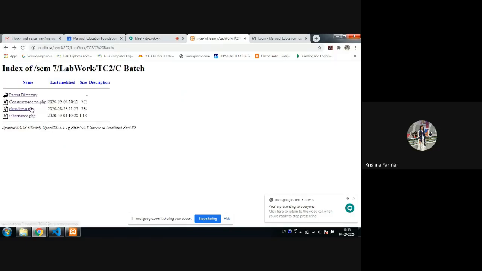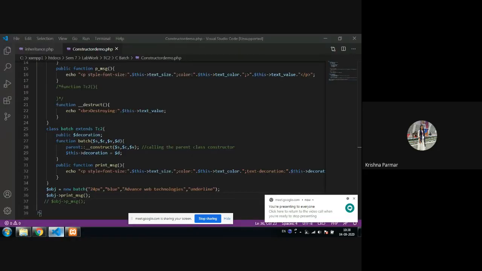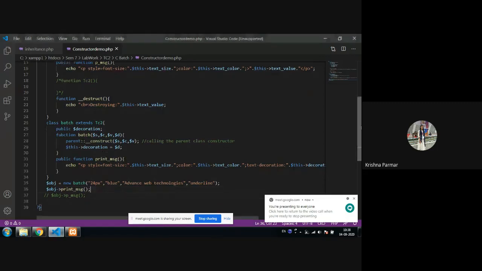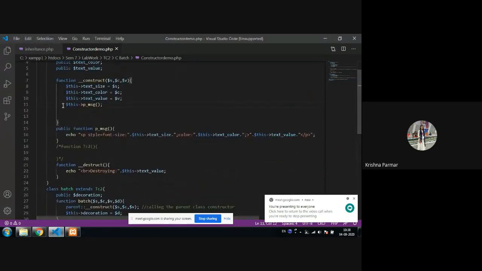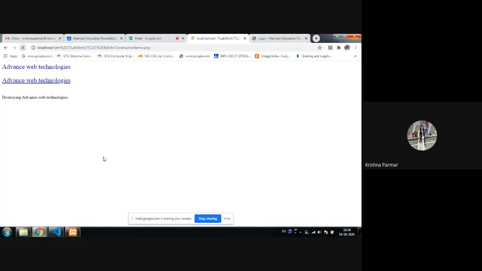Again we are going for the constructor demo, and as you can see here, advanced web technology, and then underline and destroying this object. So this way your entire thing works. You just comment it out so that you are not confused in the output, because it will automatically be called whenever you initialize the object. So only one output is there with the underline, and then the destroying of your object.